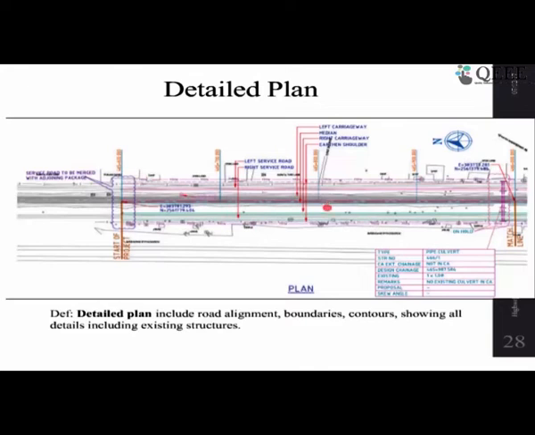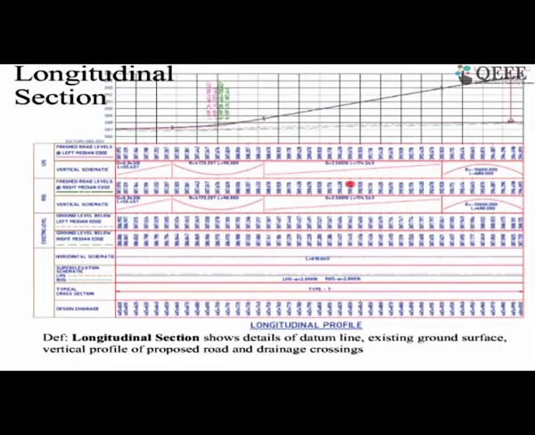We told there are two parts, horizontal alignment and vertical profile. The horizontal alignment is captured in the plan, and the vertical profile is captured in the profile. The profile is also known as the longitudinal section. So this is what you are looking at, like the X and Z plane. This is the roadway, what is the gradient of the road, whether there is any vertical curve, and the gradient, we will be discussing this again more. It also shows the existing ground profile and the road profile. From this, the earthwork can be estimated. These also provide the details of